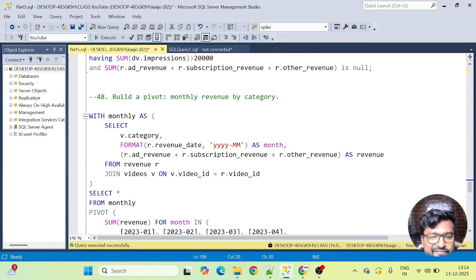Okay, so this is one of my favorite questions, guys. Now, build a pivot monthly revenue by category. Okay, guys, I'll not be explaining this question now. I want you guys to look at the query and come up with the solution of this, because mark my words, pivot is still a sort of question. You'll go to any 3+ years level interview where a candidate has 3 or 4+ years of experience, and you can definitely expect this question.